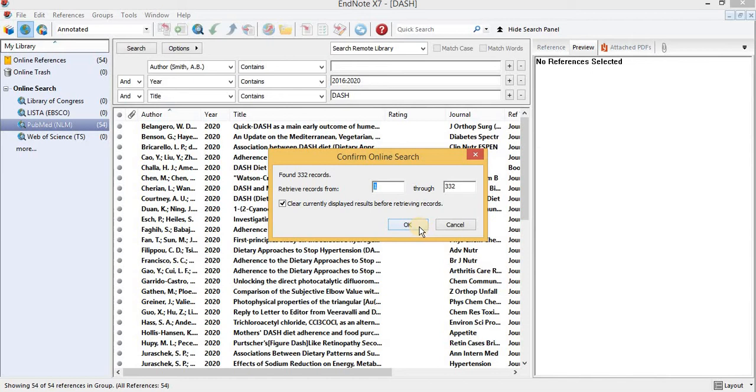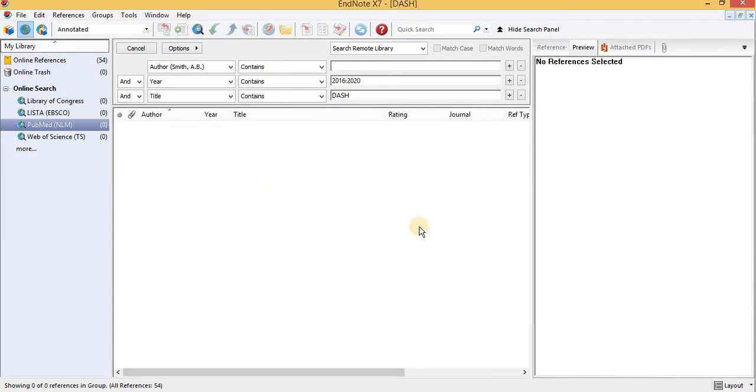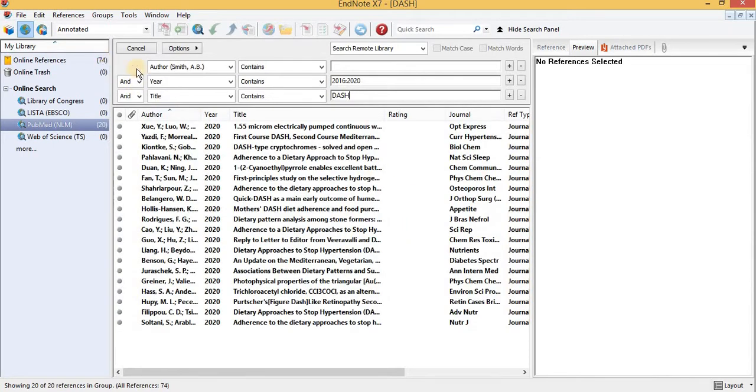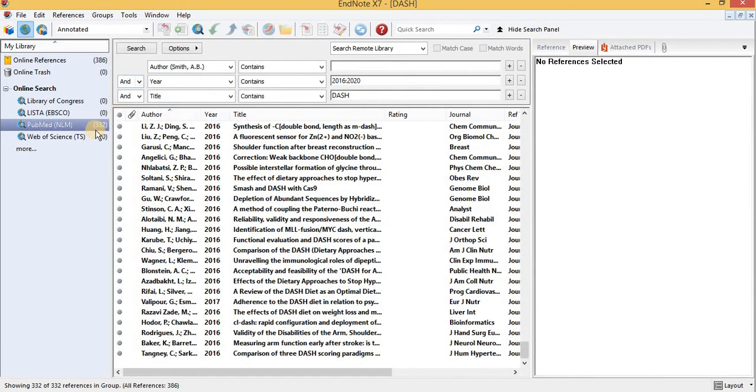As I click OK, all of them will be here, and this 54 will be added. So here we can see there are 332 articles of the previous 5 years which contain dash in the title, and we have total references 386 if we add the previous 54.